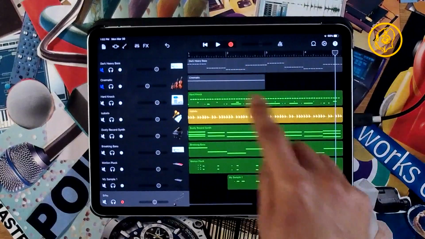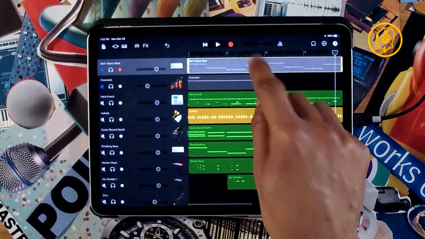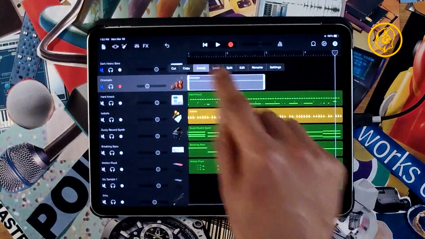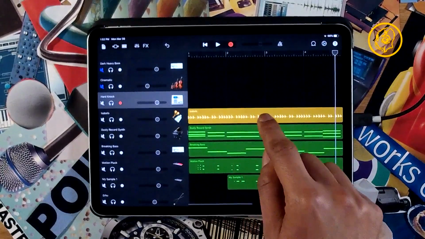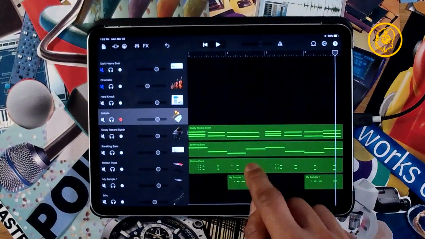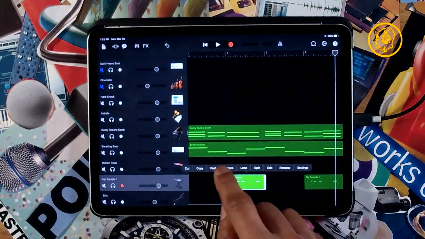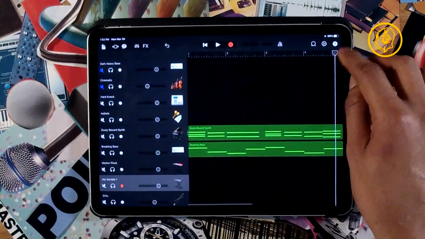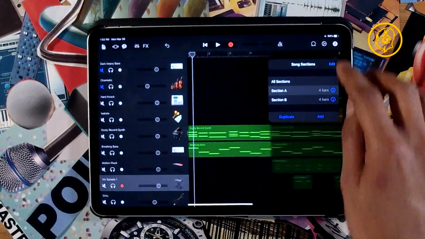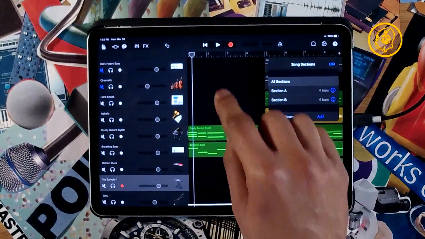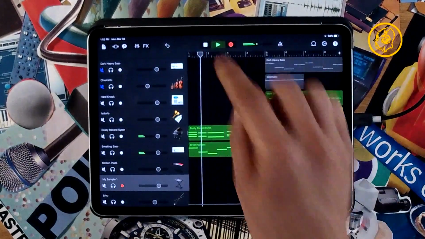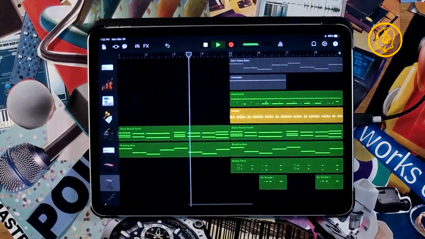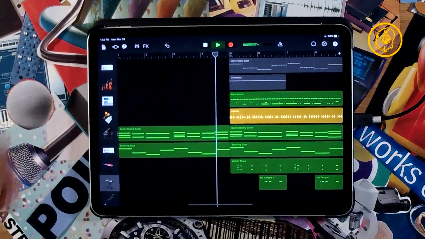Okay, so I'm deleting everything else. Double click, delete. That's muted anyway, as you can see that it's grayed out. But I'm deleting everything else. Double click, double click. You see what I did? I just deleted everything, and now I'm going to bring it right back in. So, all sections. So what happens? Let's play it. Come on in.